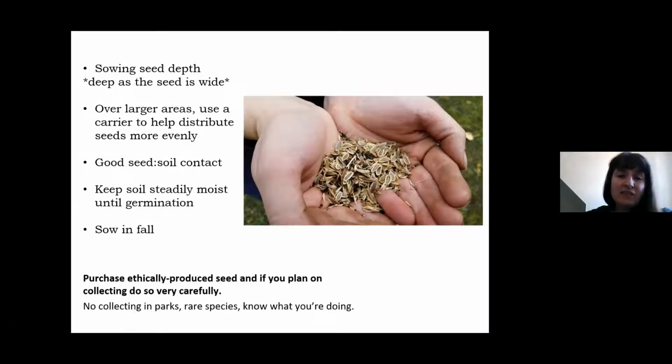That means different things to different people, but just keep in mind that every remaining natural area is degraded, and we're already only left with a couple percent of meadows that were there originally. So you really want to know what you're doing and not take too much of a part of a population of a plant and so on. And you want to make sure you're not collecting in parks and collecting rare species and all that kind of stuff. So sometimes it really is just simpler for you to purchase an ethically produced native seed mix for your